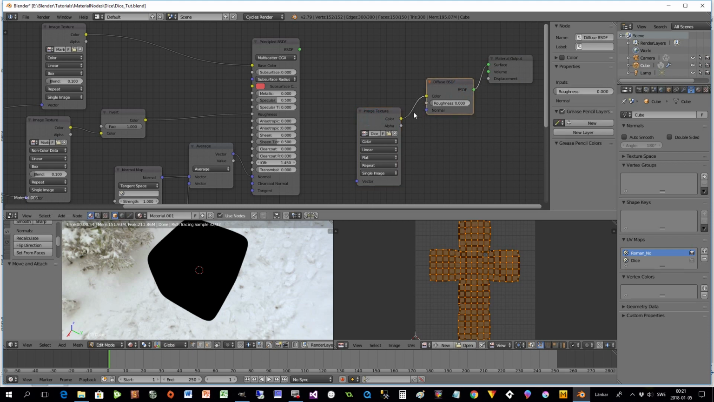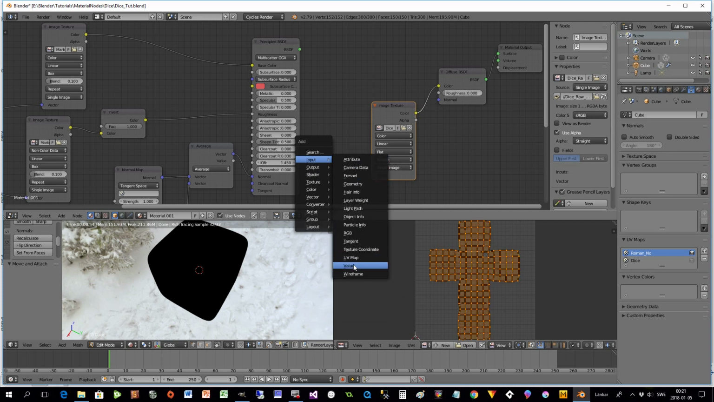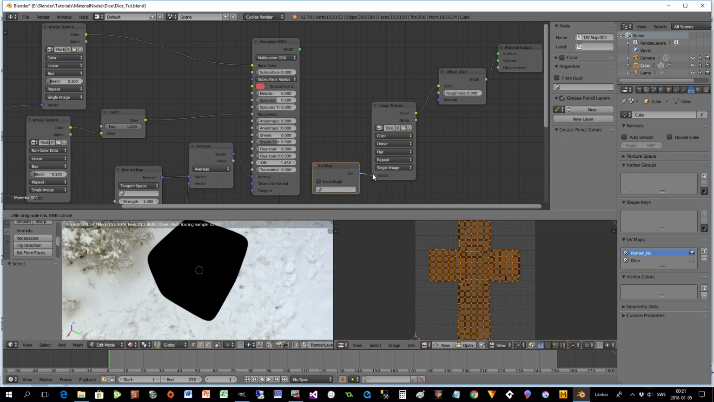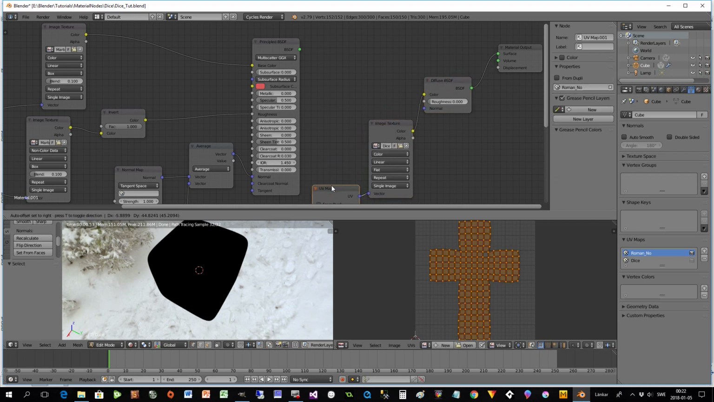First of all, we would like to use this UV, so we have to put it in here. So we do that. We take Shift A, input UV map, connect it with this one, say that we would like to use the Roman number, but still we only have a black dice here, so we have to do a little bit more. And the next thing we will do is to add a mix shader to combine this